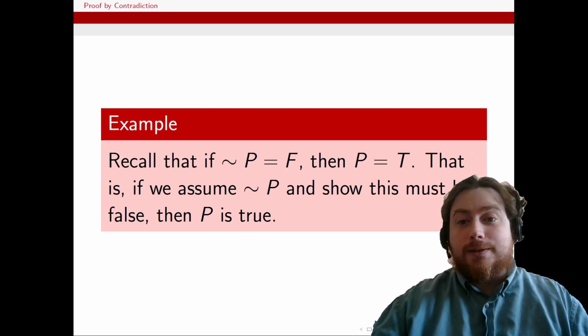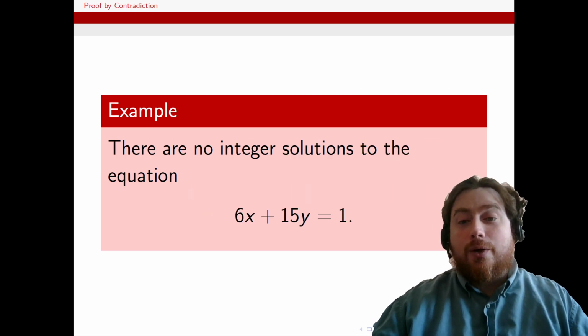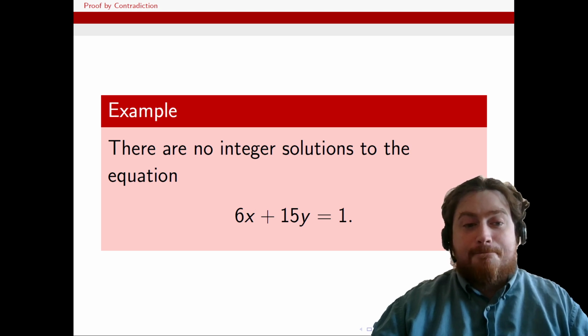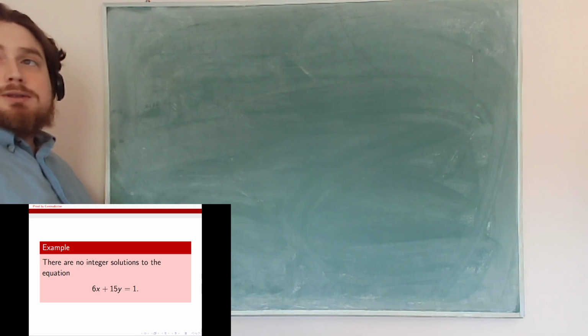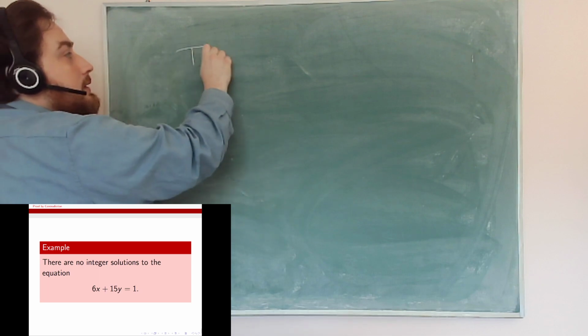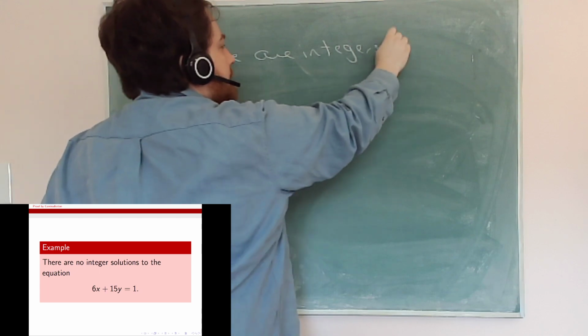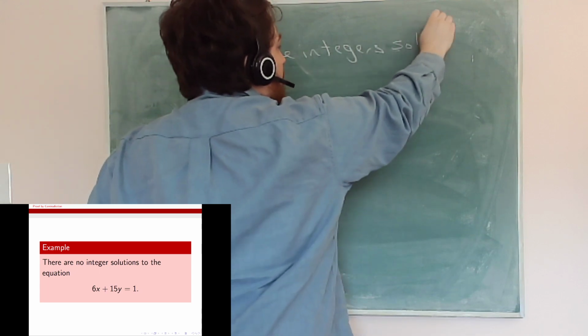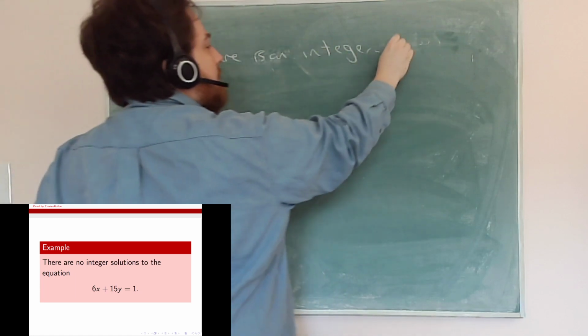So let's go ahead and look at an example of that. I want to show that there are no integer solutions to the equation 6x plus 15y is equal to 1. All right. Now, since we're working by proof by contradiction, we're going to assume the negation of there are no solutions. So that would be there are integer solutions, or there is at least one. There is an integer solution